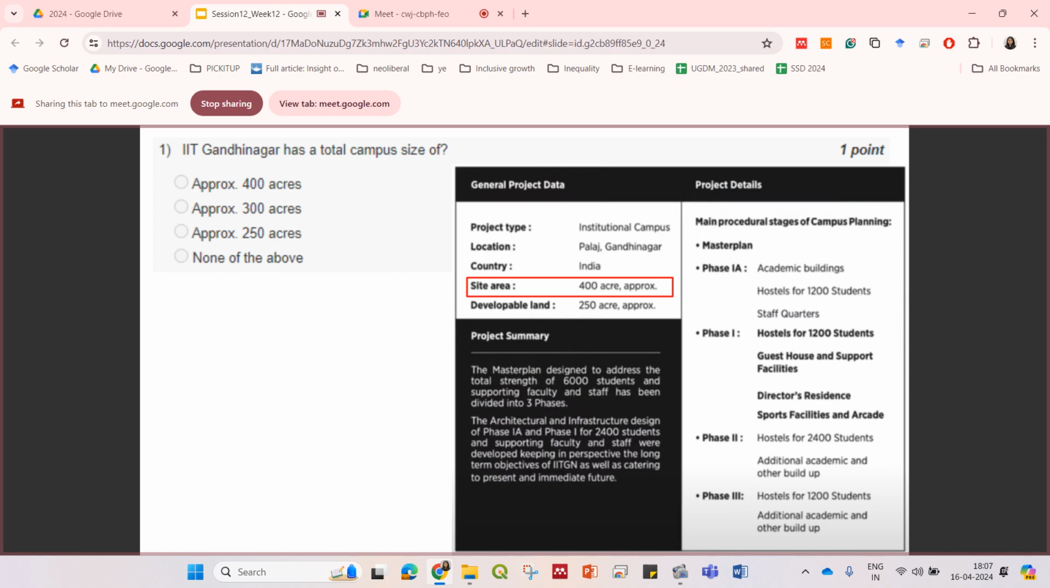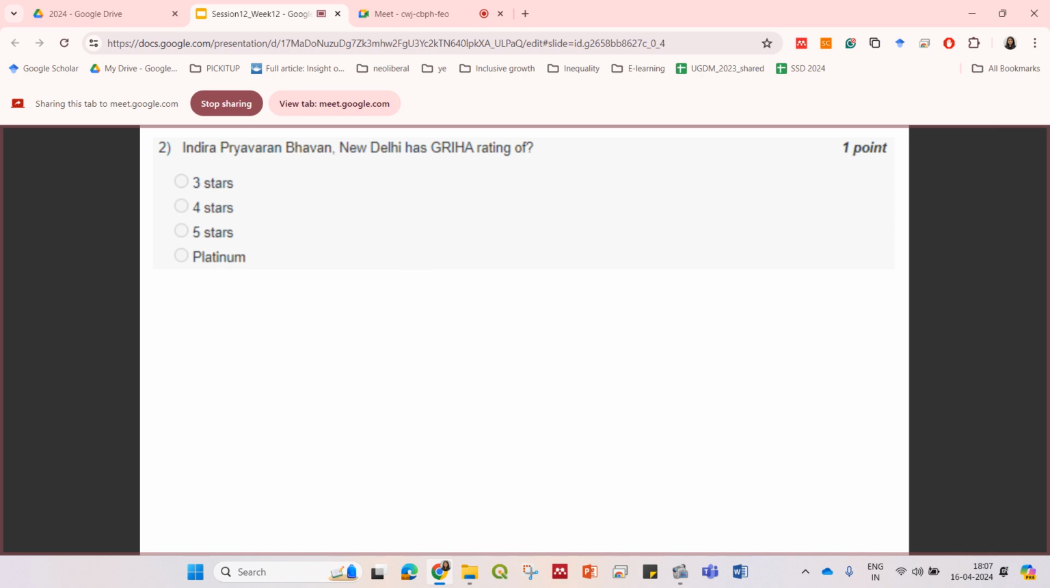Moving on to the next question. So the next question is Indira Paryavaran Bhavan in New Delhi has a Griha rating of what? And you have several options: 3, 4, 5 stars, or platinum rating. So